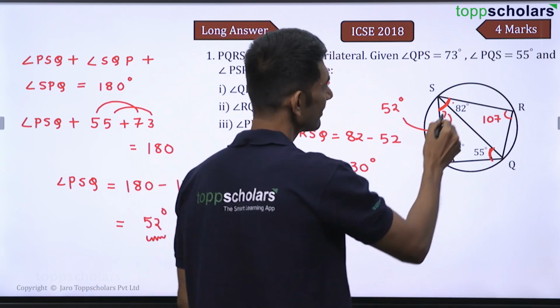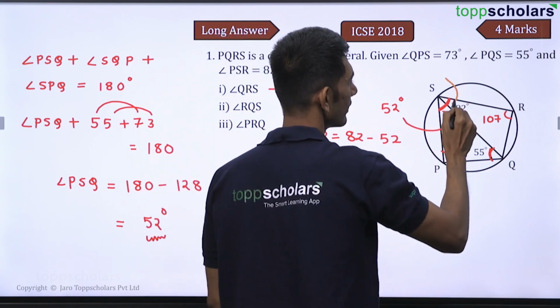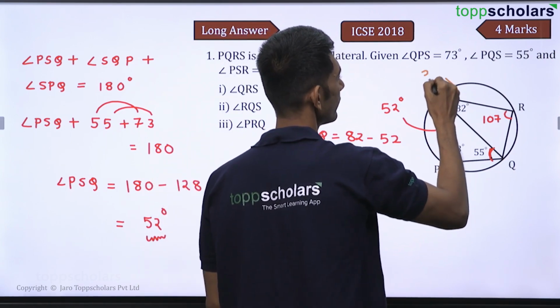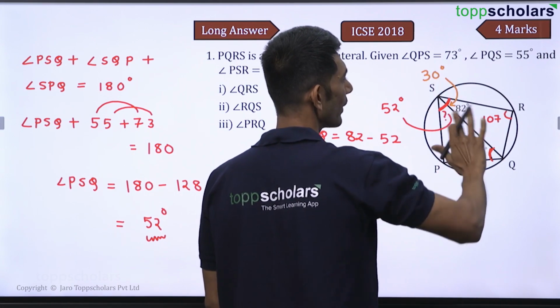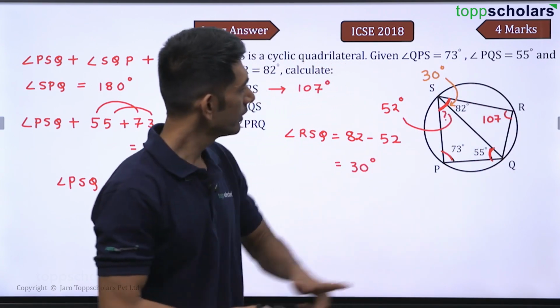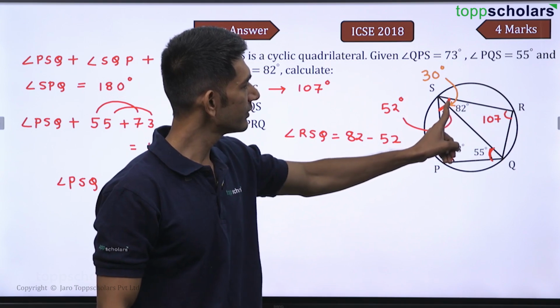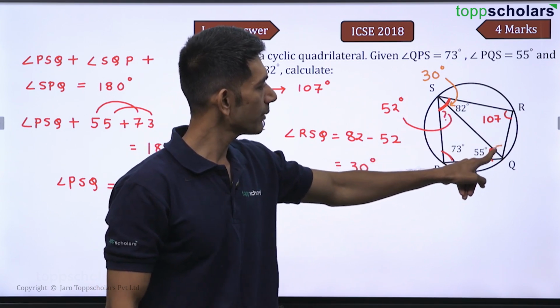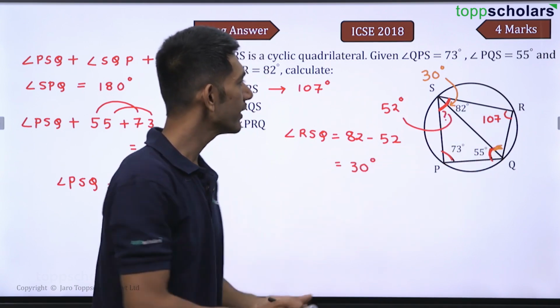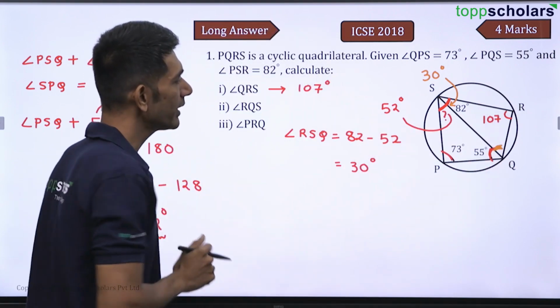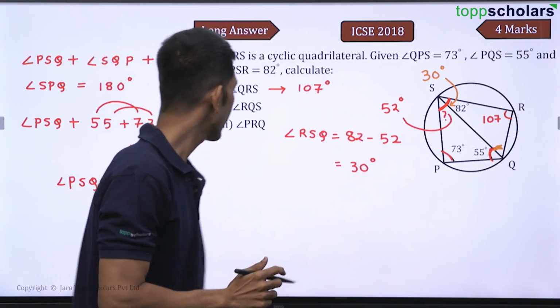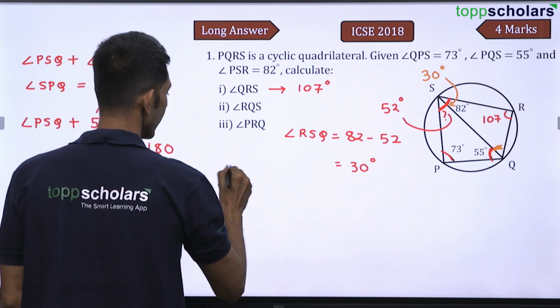Now once we get this angle, I'm talking about this angle, this is 30 degrees. Now can we apply the angle sum property over here? This is 107, this is 30. Can I find out the remaining angle over here? Yes, I can do that. We can apply the angle sum property in triangle QSR. So I can say in triangle QSR,